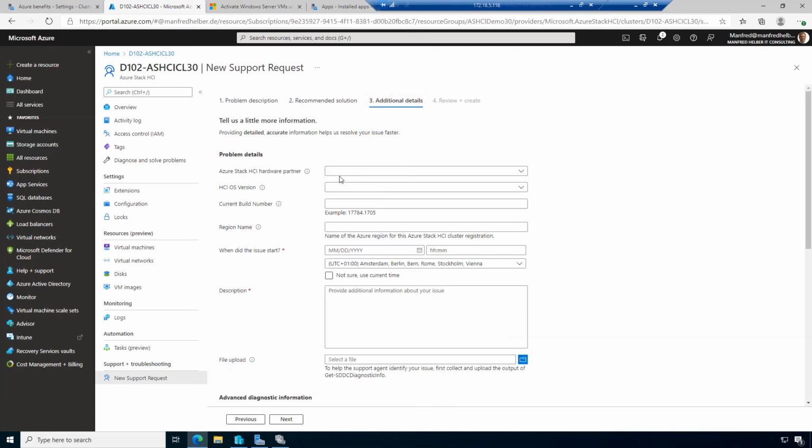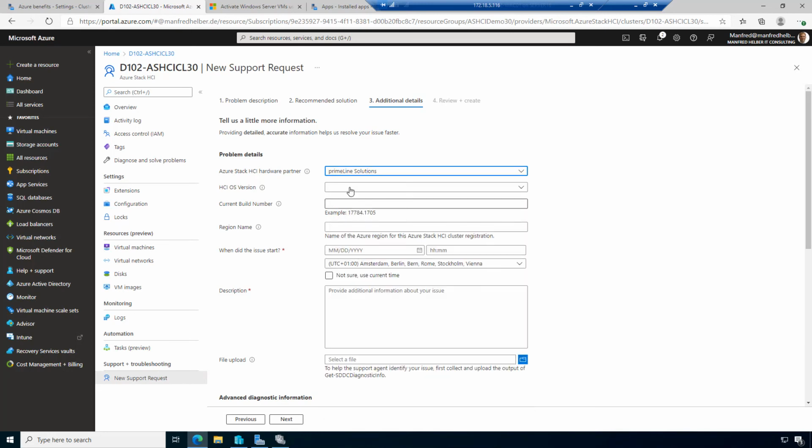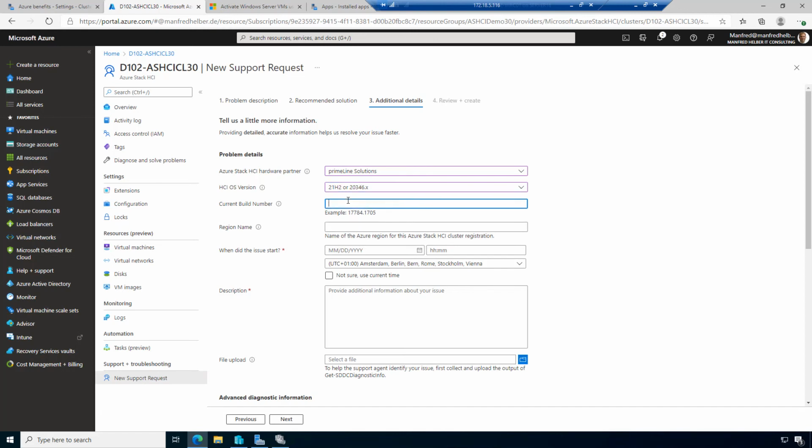I have additional details. My Azure Stack HCI hardware partner. So I can select my hardware partner. And you see all the hardware partners with certified systems. I could choose here for the primeLine solutions, the OS version 21H2, the build number, the region name, when did it start, the description is